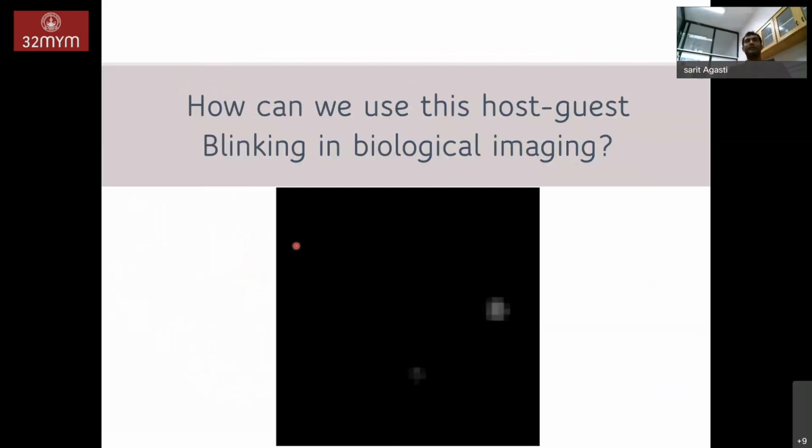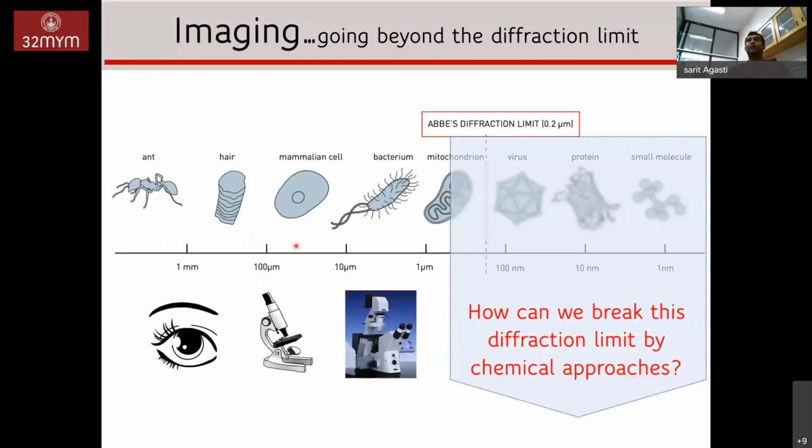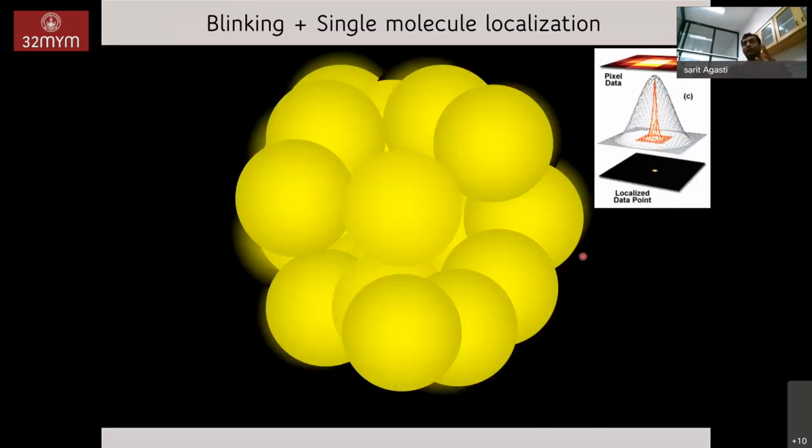So what we essentially did is that we looked at things which cannot be imaged by using a standard microscope because of the barrier which is called the diffraction limit, right? Any microscope which operates as a standard light microscope has a diffraction limit of around 200 nanometers. So we are not able to probe molecules beyond that. However, almost the majority of the biomolecules or structures are present in this region. So what we did is that we thought about an approach where you can localize these single molecule events, and we can probe these molecules beyond the diffraction limit.